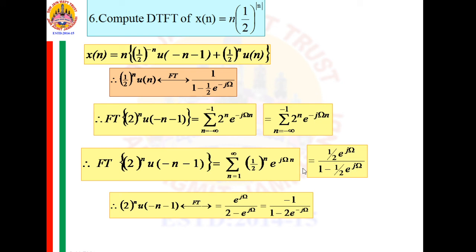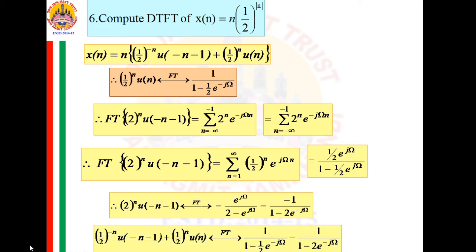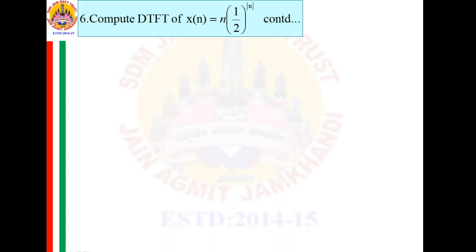Now you can adjust this. This 2 you can multiply inside, so you get 2 minus e^(jΩ), and then dividing both numerator and denominator by e^(jΩ), and then taking the minus sign outside, you can write this as minus 1 by 1 minus 2e^(-jΩ). The DTFT of (1/2)^(-n) u[-n-1] plus (1/2)^n u[n] is 1 by 1 minus (1/2)e^(-jΩ) minus 1 by 1 minus 2e^(-jΩ). Now when we multiply this with n,